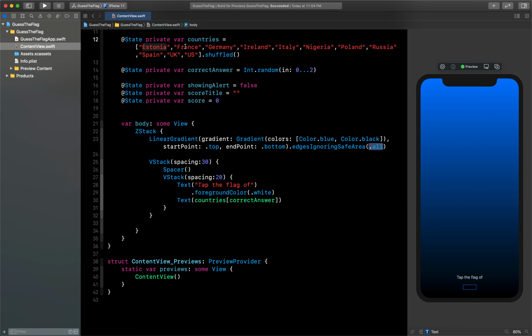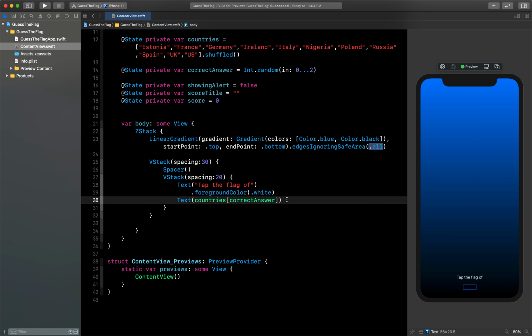So it will take the first 3 names of the countries, which will be shuffled, so every time the first 3 will be different, and from that it will display any random number from 0 to 2. So it will display some flag here, and we will check whether the user has selected the same or not. So let's do that now. We have added the country name.